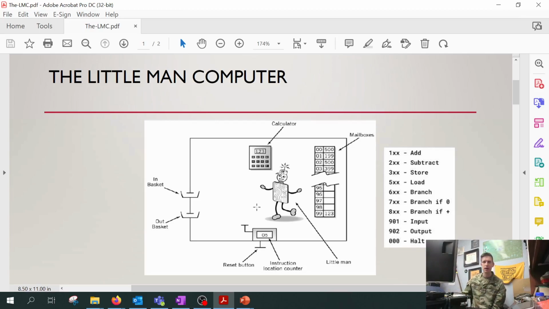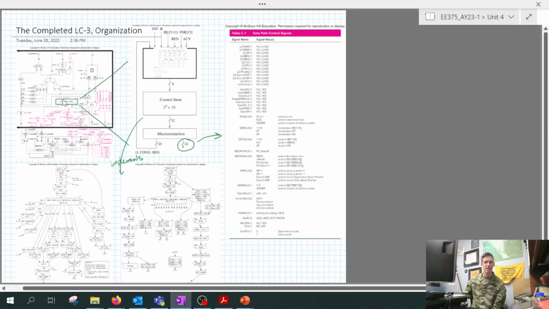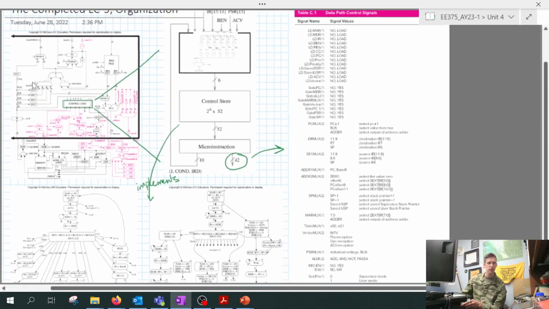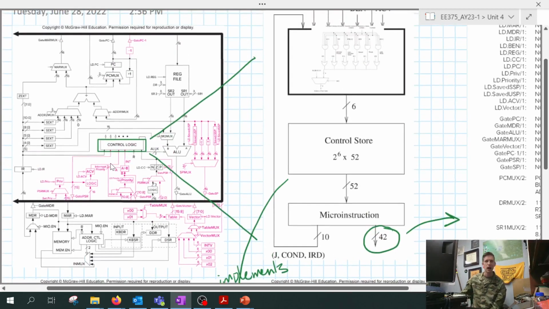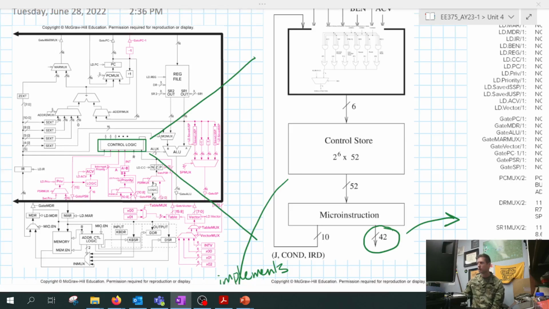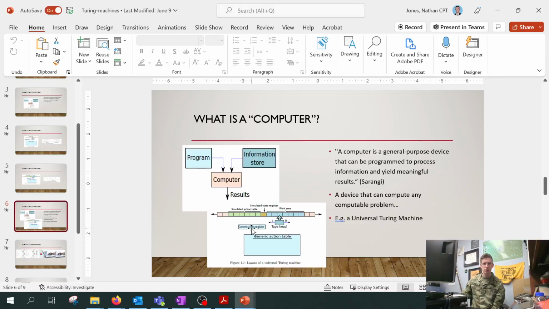And even though this diagram, which is our final data path we looked at, has a lot going on, it is, at its heart, just a more complex version of a unique type of machine called the computer. And the thing that makes this a computer, if you did the lesson on Turing machines, was the fact that we can program this thing